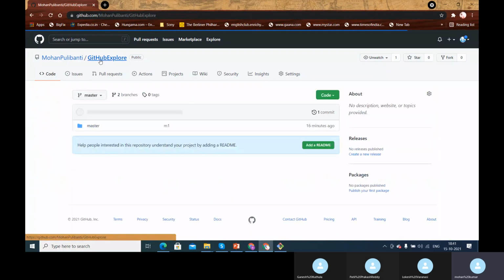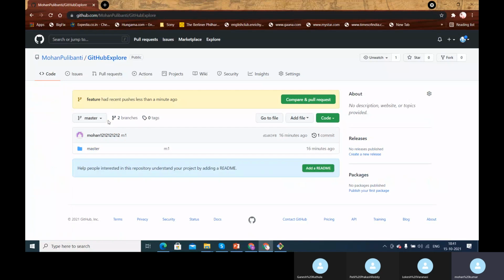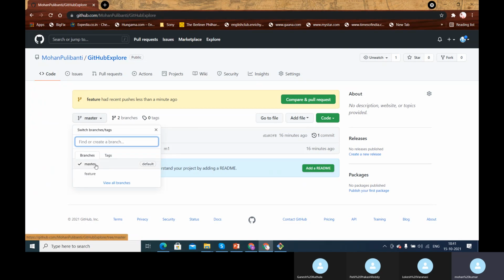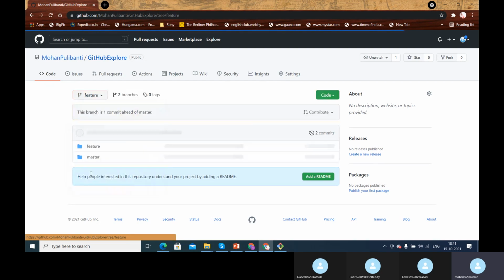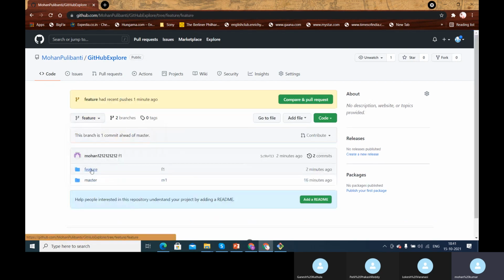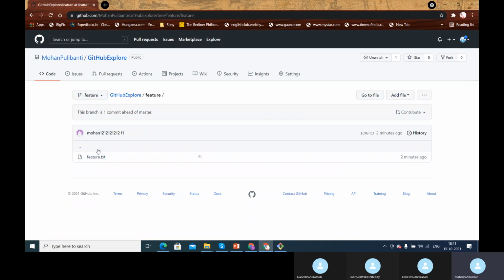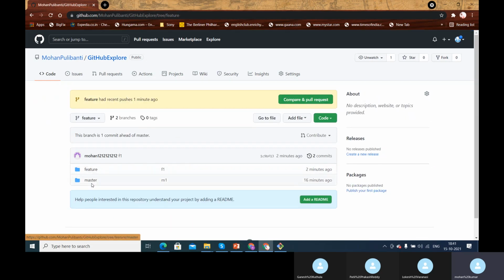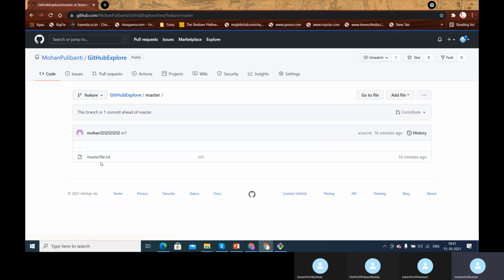If I go to the remote repository again and expand this, here you can see the list of branches. Earlier we had only master, now we have both master as well as feature. If you go to feature, you can see a folder feature with a file inside it, feature text, and if you come back here, there is a master folder, and inside it you have master file.txt.